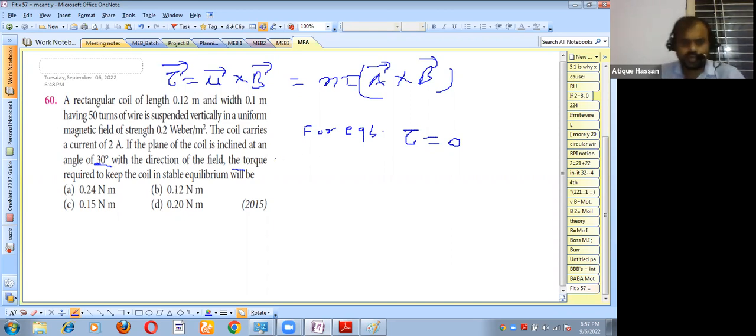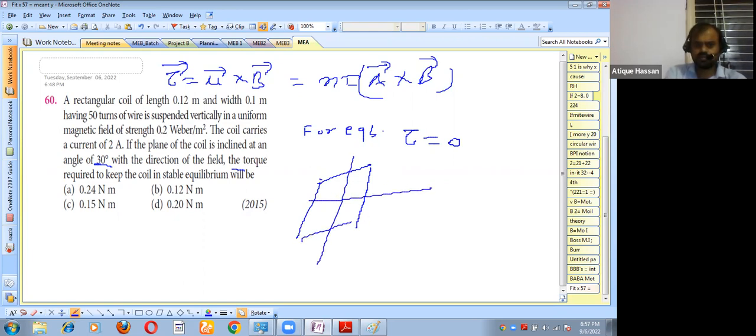If the plane of the coil is inclined at an angle of 30 degrees with the direction of the field. Suppose there is a magnetic field, so the plane of the coil is making an angle of 30 degrees with the direction of the field. So what will happen here is